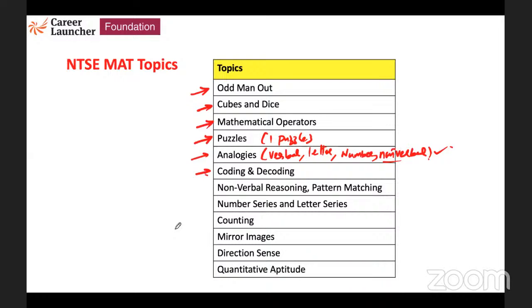Then you have coding and decoding. Coding and decoding, again, these are possibly verbal coding and decoding, while it's the same verbal, it could be number decoding and coding also sometimes. Then I said non-verbal reasoning, pattern matching comes in, where what is the fourth element, fifth element. This is one thing I am going to do very less today. This requires a completely different mindset. So in this particular session, I am not going to do too many of them. One or two of them I have picked up, but a lot of others we will do.